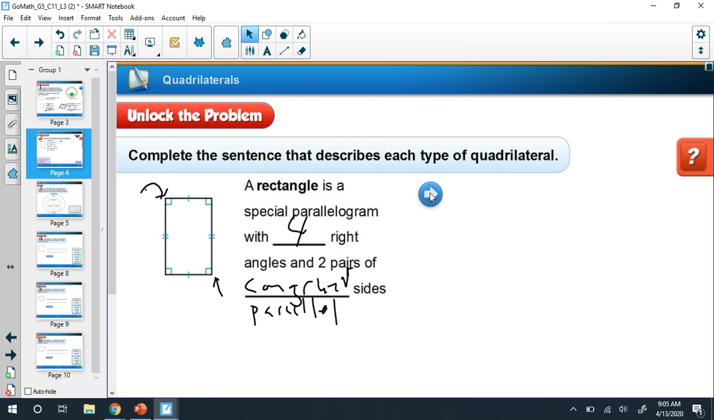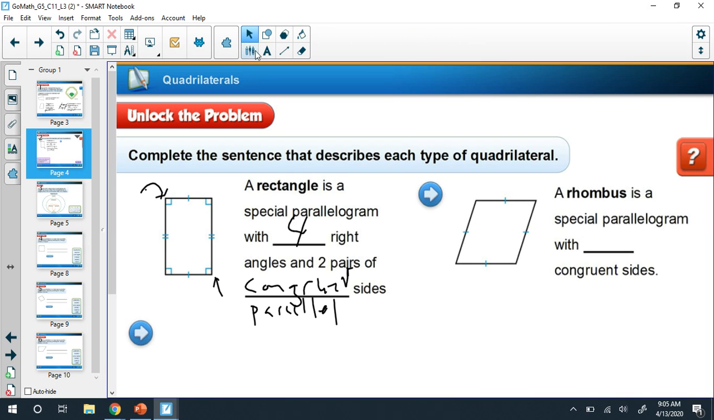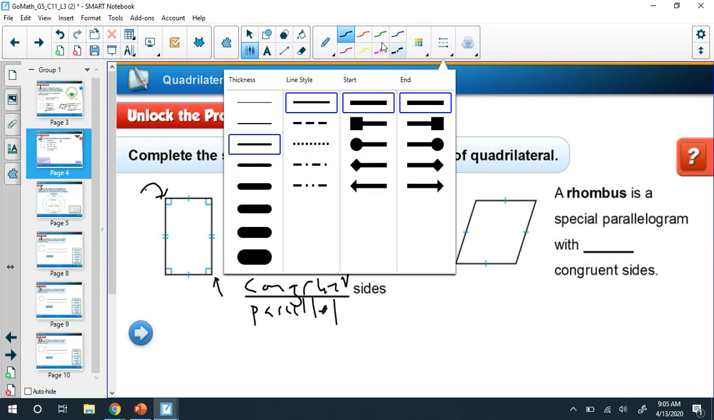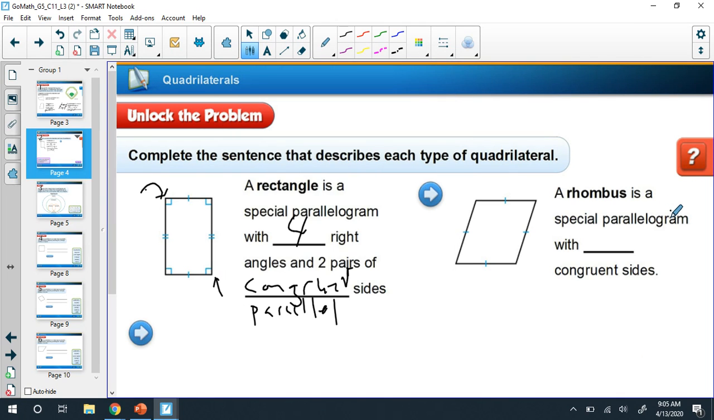Up next in our classification is a rhombus. A rhombus is a special parallelogram, and a rhombus has 4 congruent sides. So if we take a look here, we see a tick mark, a tick mark, a tick, and another one, right? So all 4 of these sides are the same. Now, a rhombus does not have to have 90-degree angles, right? They can have angles that are greater than 90 or less than 90, but they can have 90-degree angles,